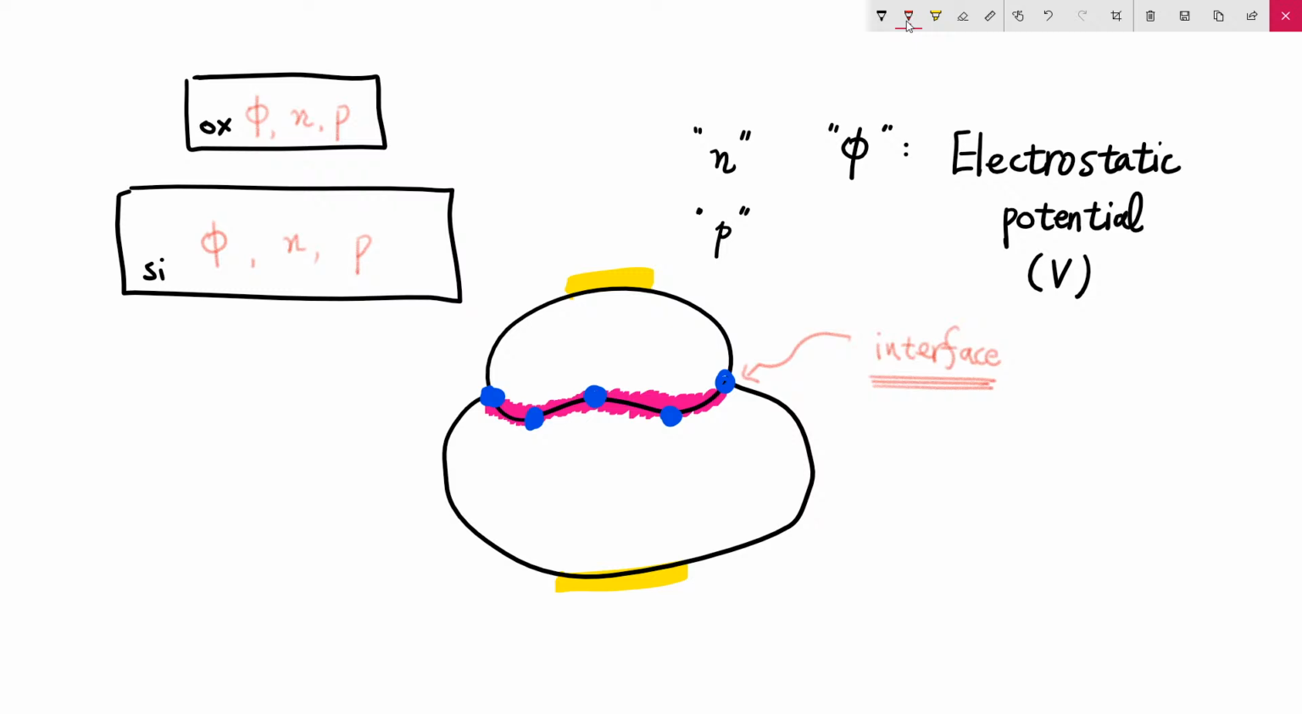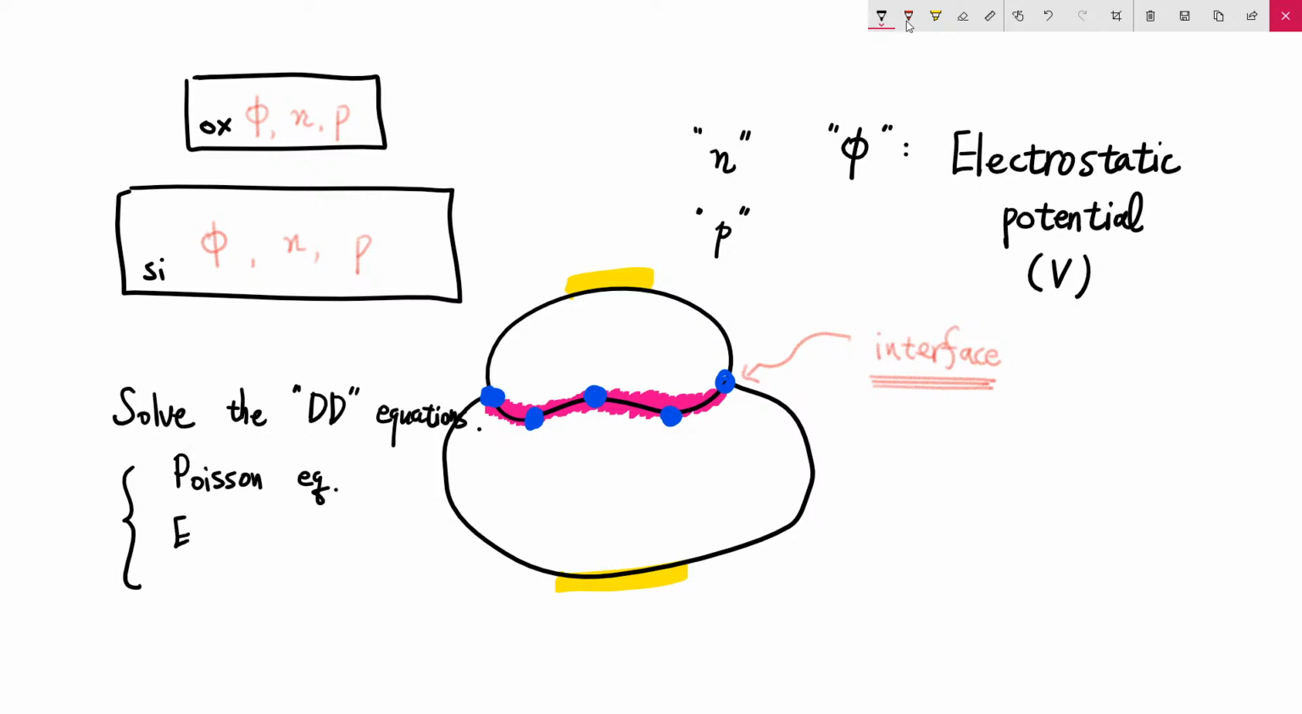Okay, so let's repeat it. Thank you for your feedback. So our goal is to solve the drift diffusion equations. So when I say drift diffusion equations, it is a set of Poisson equation